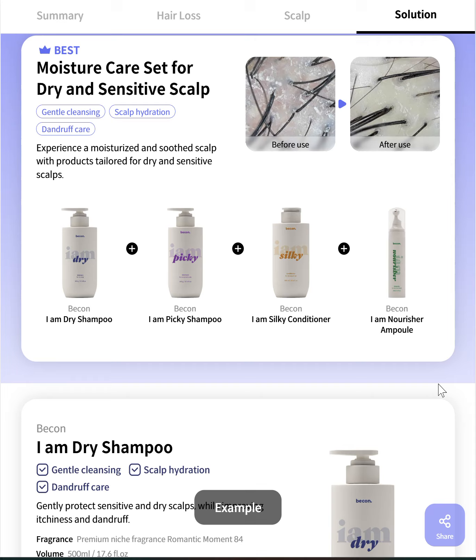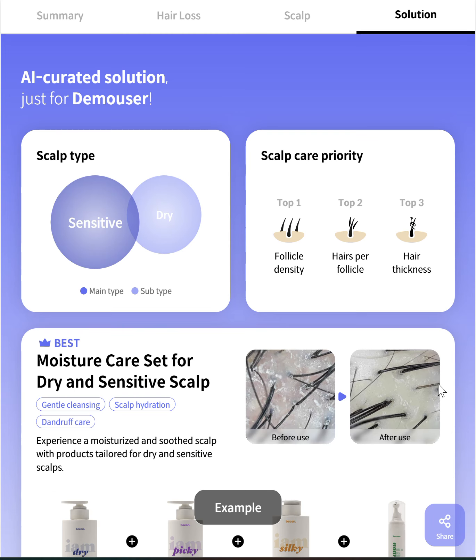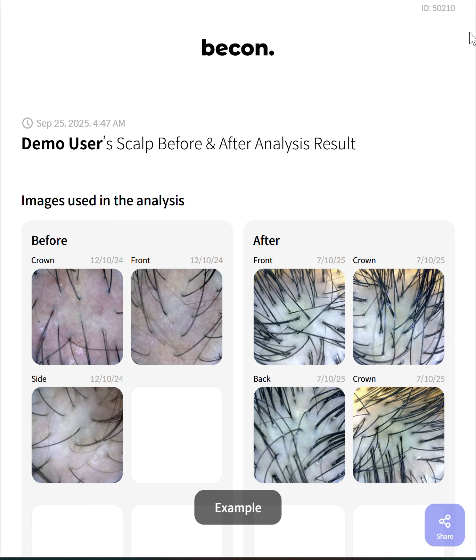It doesn't have to be the product itself. It could be the device, supplements, or the treatment service that you would like to suggest based on their main scalp type. If you want to show scientific evidence that your treatment service is actually working, then we do have